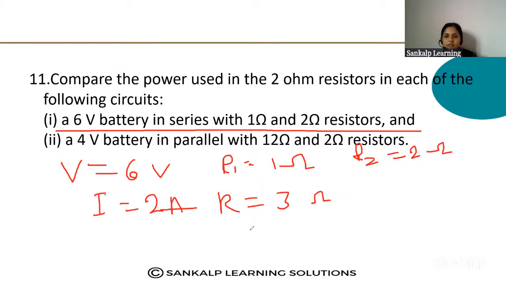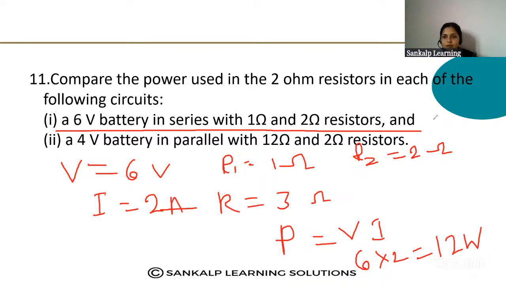And what is P is equal to V into I formula? V is 6, I is 2, that is 12 watt. So what is the power used in the first condition? That is 12 watt. Okay. Then find out the